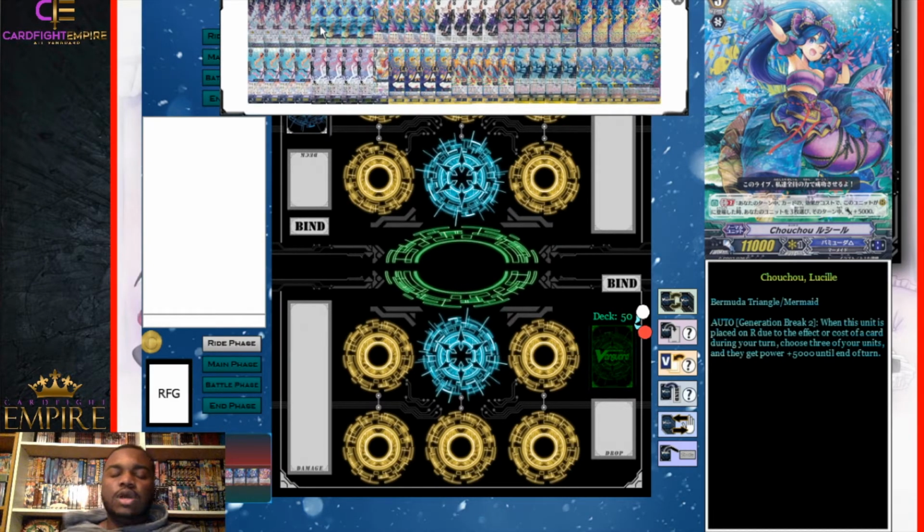And then getting right into Lucille's skill, it is only ran as our rearguard, our grade 3 that we're gonna run as a rearguard. We really do not want to ride this card under any circumstance. It's really bad on Vanguard Circle, but on the Rearguard Circle it's great, because